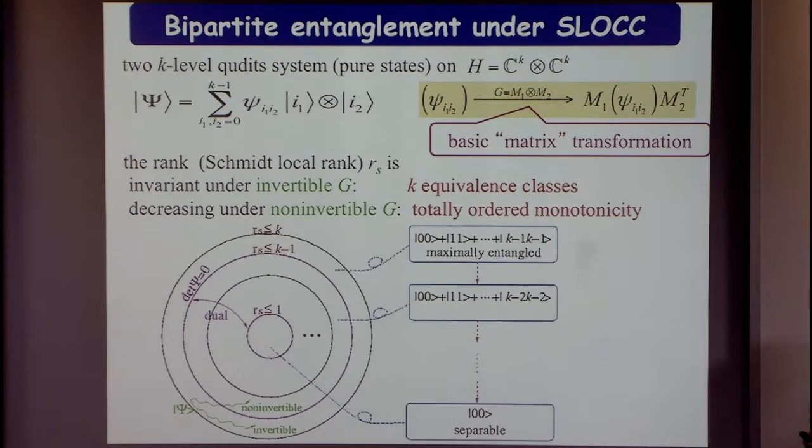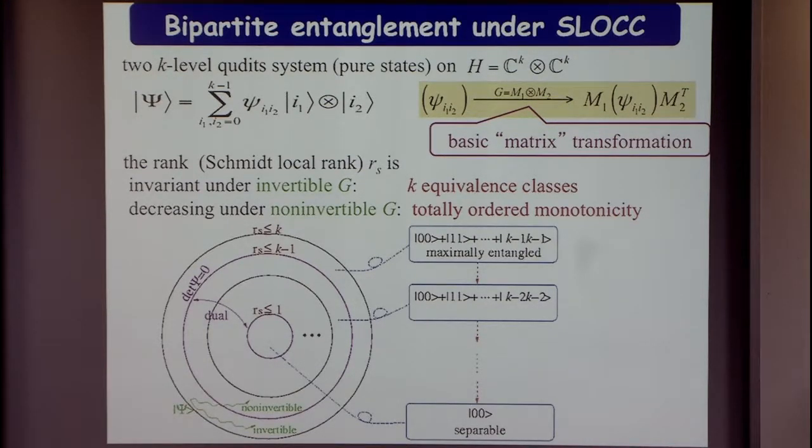under the SLOCC actions. This means that essentially the group action corresponds to the matrix transformation. M1 is acting from the left because it acts on the first index, and M2 is acting from the right because it acts on the second. And this is nothing but the singular value decomposition. So if you apply this SLOCC, namely M1 and M2 are invertible special linear operators,